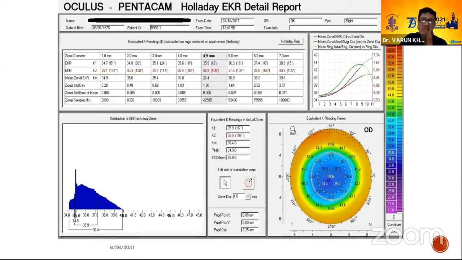Like Dr. Vishal mentioned, it is the EKR report which we generally use for measuring the K values. Now, contrary to what Dr. Mukesh and Dr. Vishal said, we have had very good results by using the mean EKR values in the zone 1 to zone 4 millimeters, substituting them for the Atlas ring values, and also using the 65% mean in the IOL's effective refractive power section.